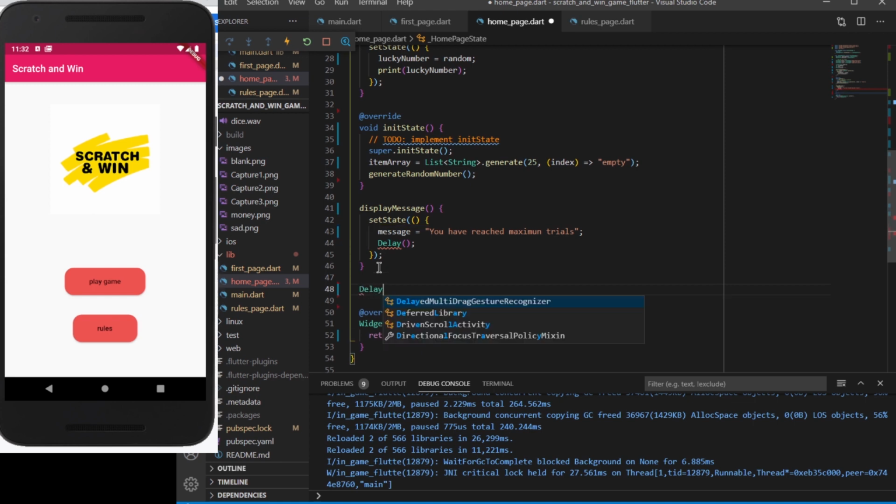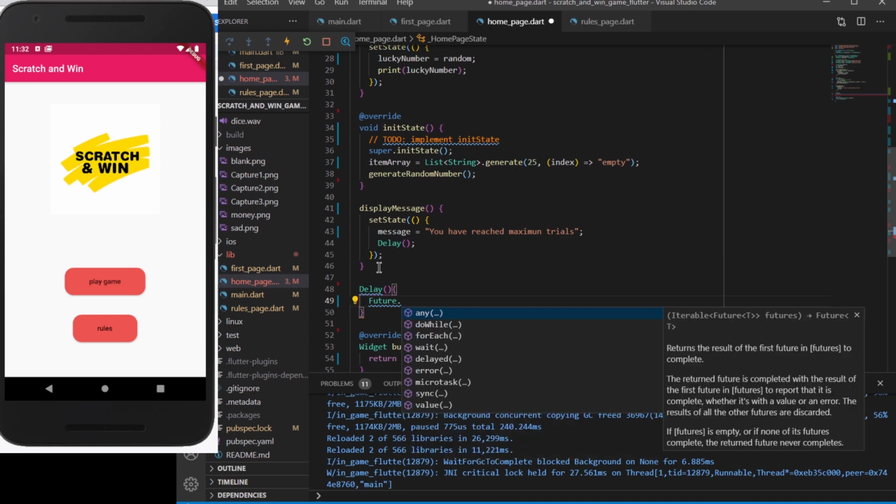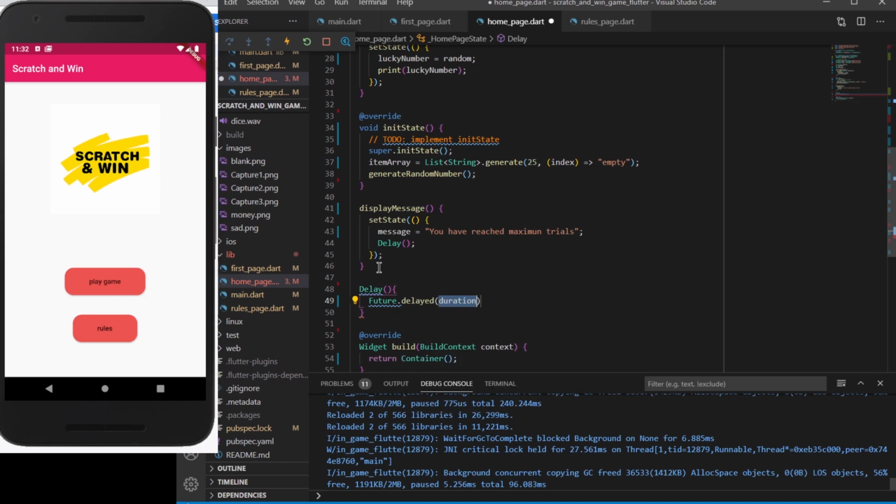So it will be delaying like a reset game, so it will be providing a delay of a second or something like that, or some 1.6 second delay when we are resetting the game. So I'll add a future here. What a future basically does is, if we have something which will be taking some time, we can add a future so that the app does not get stuck, or the app does not wait for the particular thing to get completed. So I'll add a duration with the millisecond inside this Future dot delayed, and millisecond will be equal to 1600 millisecond,